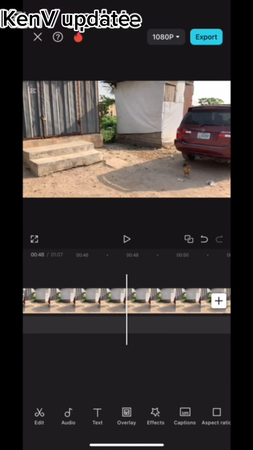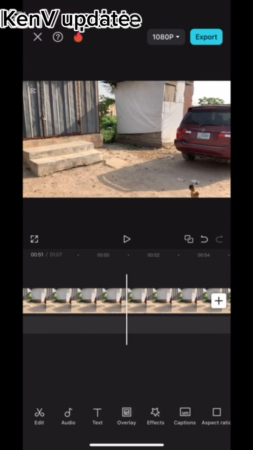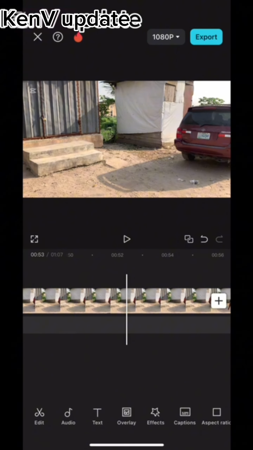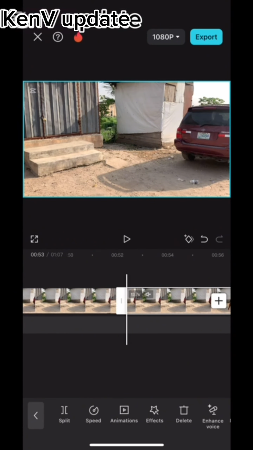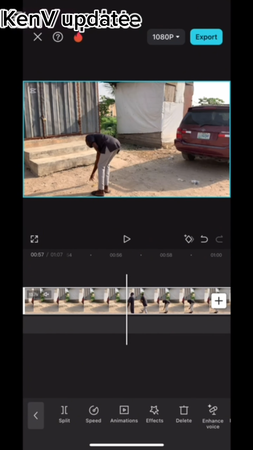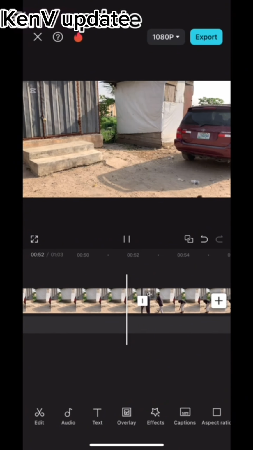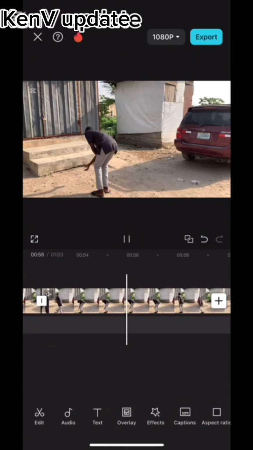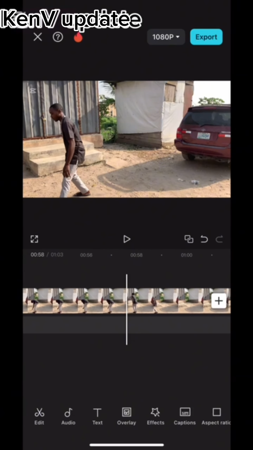So allow the video to play again for some time. You click on the video again and make another split. Click on it, make another split, then you go. Look, as you bend down, you make another split, all right? Click here, delete. Then as you throw up the stone, as the stone is landing, you do as if